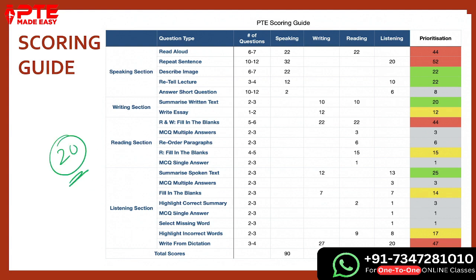Out of these 20 tasks, only a few tasks are quite important. So focus on those few tasks. As I have previously mentioned, read aloud is the task in which you get scores in speaking as well